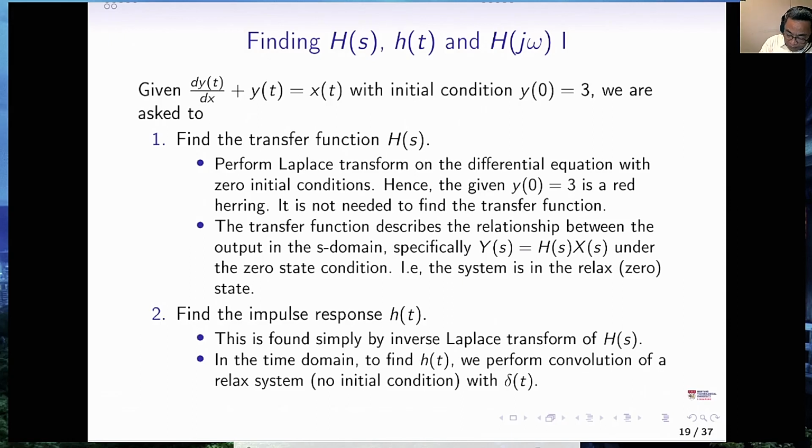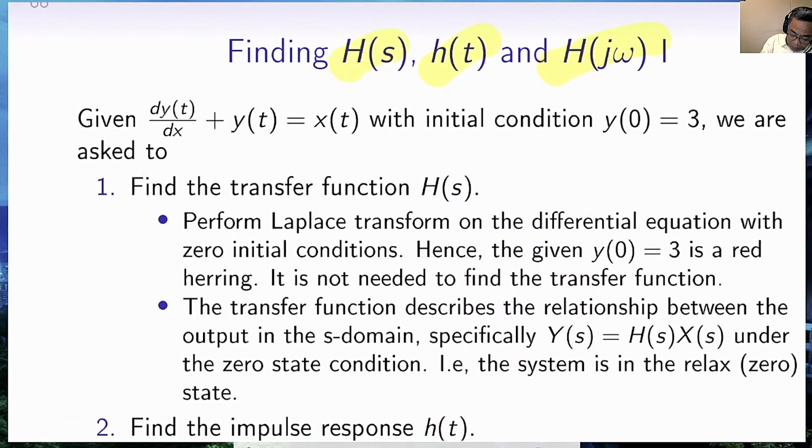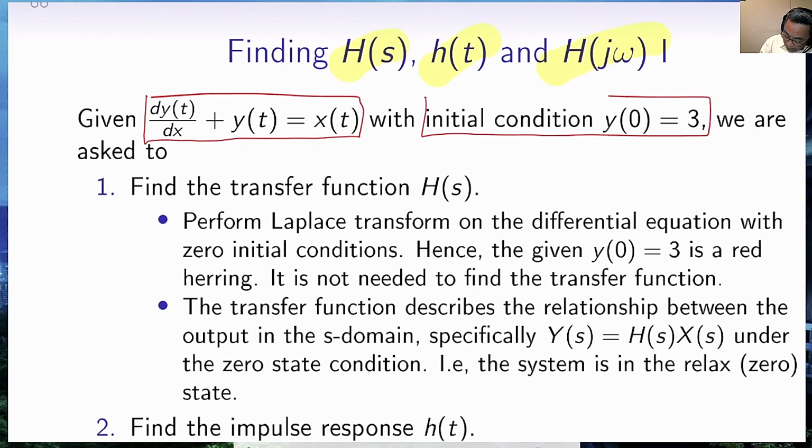We'll now have an example of finding the transfer function, the impulse response, and the frequency response. This is slide 19 of part 4b. Typically, we are given a differential equation, and in this case, we are given some initial conditions. At time 0, the y value is 3, and we are asked to find the